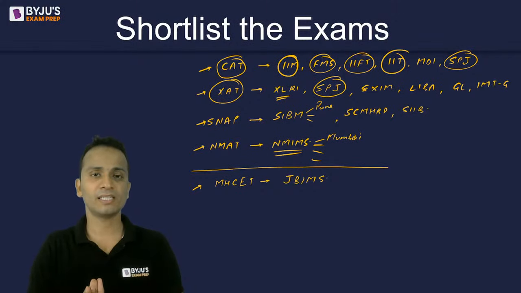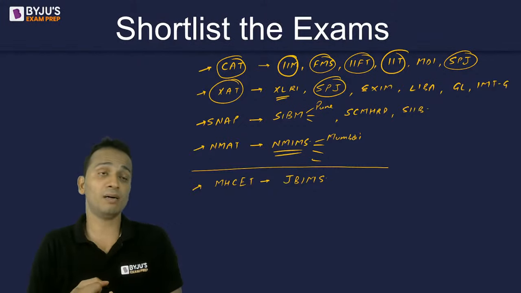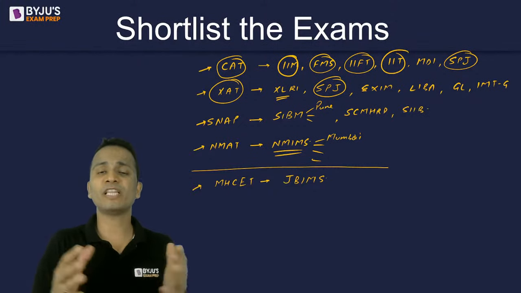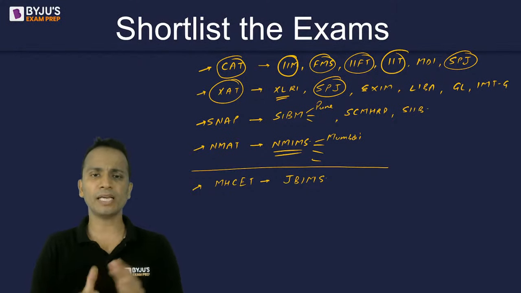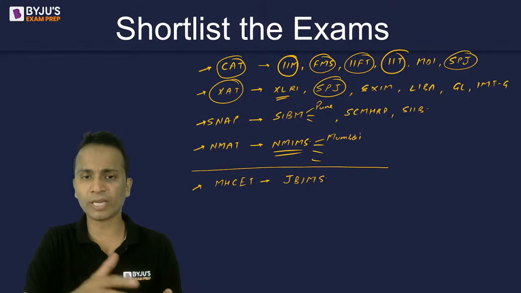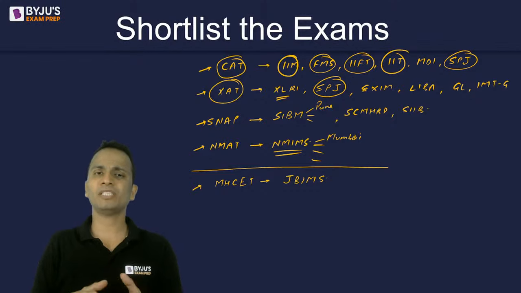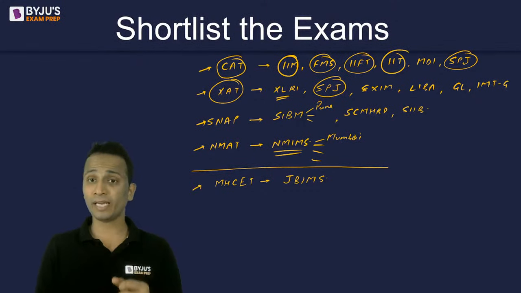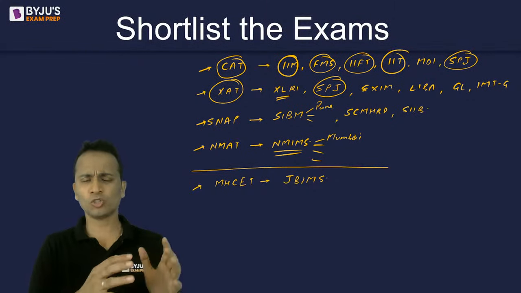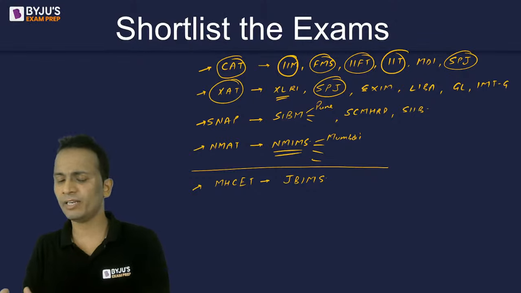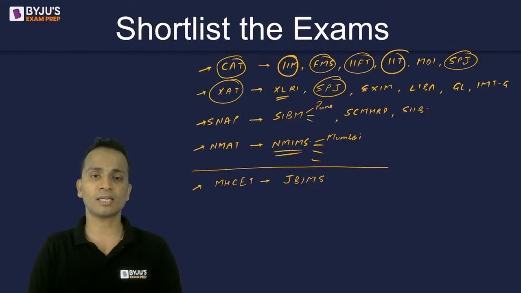India. Yes. So it can compete with IIM Ahmedabad, Bangalore, Mumbai, Calcutta, or it can compete with FMS, Delhi University. All right. So through MHCET, you can take admissions into JBIMS. Now, other than JBIMS, MHCET has plenty of colleges like Welingkar, KJ Somaiya, Sydenham. All right. So there are plenty of colleges which are in Maharashtra, and admissions to these colleges are conducted through